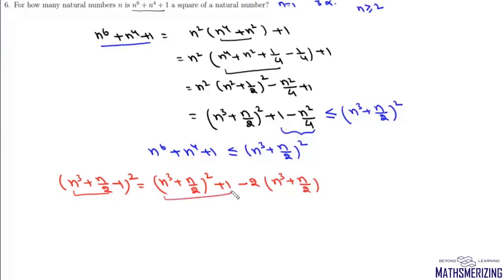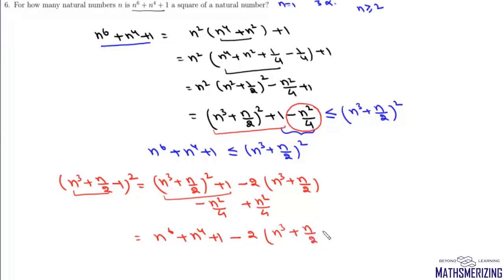Now this expression is nearly the same as this expression, except that here we have minus n square by 4. So we'll subtract n square by 4 and add n square by 4. Then we can write this as n to the power 6 plus n to the power 4 plus 1, and here it will be minus 2 and then n cube